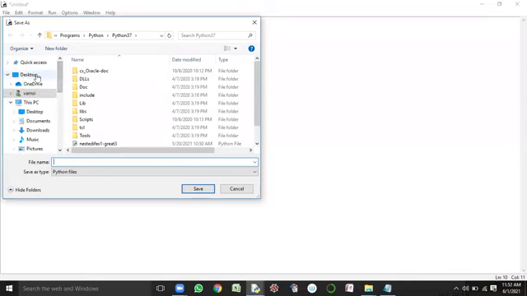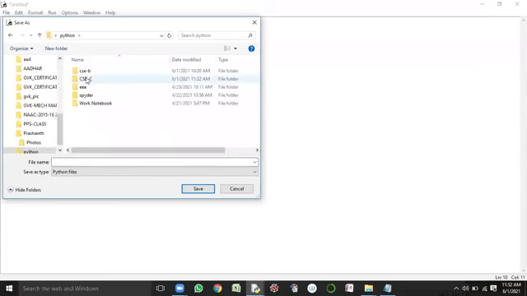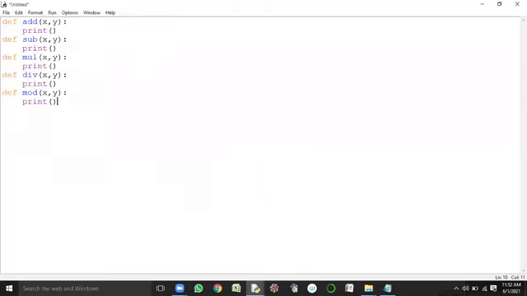I'm saving into the Python folder. This particular program is going to perform arithmetic operations, isn't it? Yes, sir. So here I'm naming the file arithmath.py. Save the code, then execute the program.